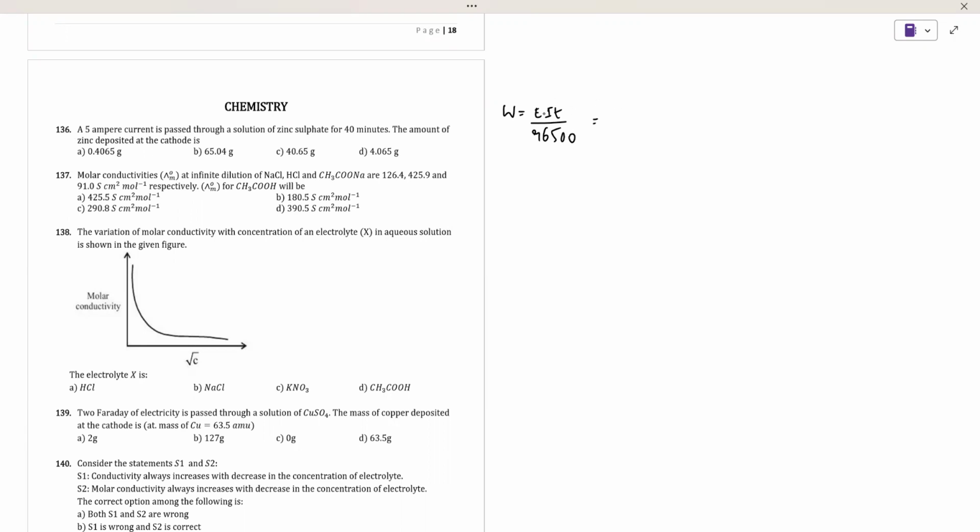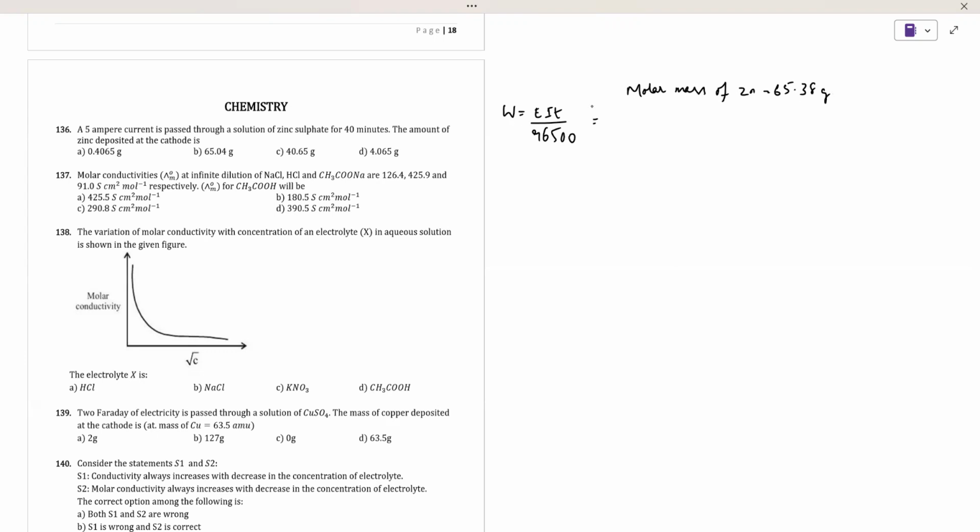They have given the value of I. So I is nothing but 5 ampere, and T they have given as 40 minutes. 40 minutes needs to be converted into seconds. Okay. Now we also have to substitute something called E. E here is nothing but the equivalent weight or equivalent mass of zinc. So how do we determine the zinc equivalent mass? Because we know the molar mass of zinc. So what is the molar mass of zinc? The molar mass of zinc is